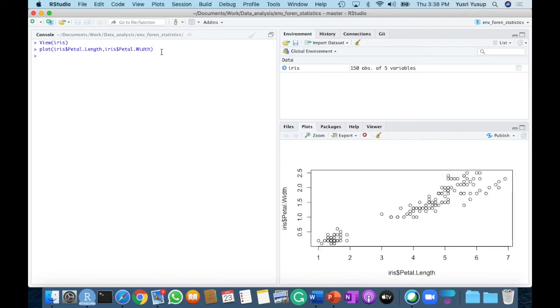This is the plot between petal length and petal width. Recall that cluster analysis is all about finding the distance between points. Once we plot this, you can clearly see these two groups, one here and the other one here. If you run hierarchical clustering, an algorithm that can separate it into groups,